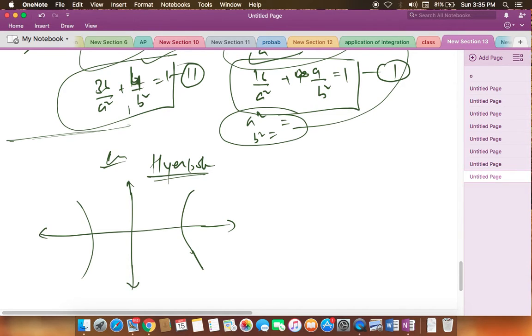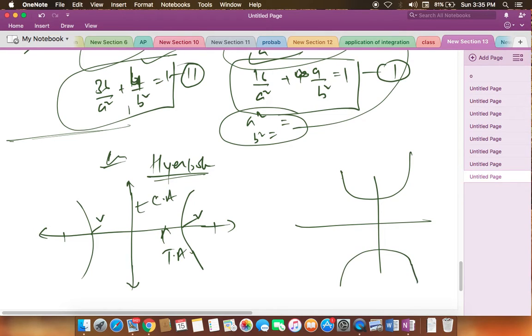Okay, this is one type and this is the other type. This axis is called the transversal axis. This is called the conjugate axis. Okay, transversal and conjugate, or you can simply write out here, this is the vertices, this is the focus, and for this type of ellipse, hyperbola, you have